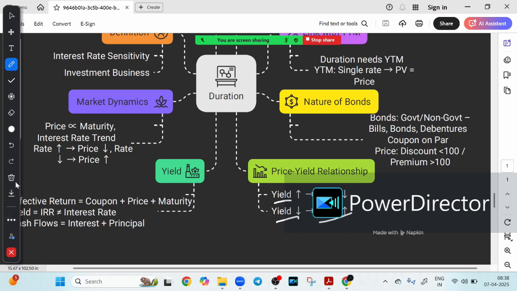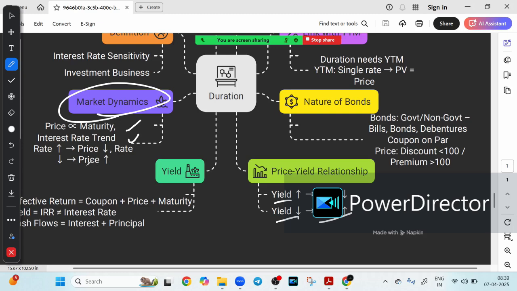If you look at the market dynamics on the left side, what does it mean? Basically, real world impact: bond prices move with maturity and also with interest rate trend. Why? Because when rates are increasing, prices are decreasing. When rates drop, prices increase. So duration helps you navigate this market wave